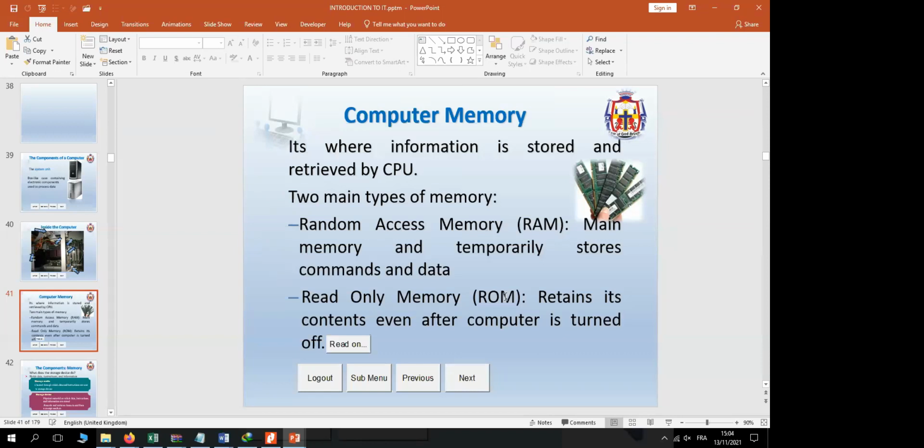You can't add anything onto that CD. So any memory to which you can't add any content, whereby you can only use the content, only read, only open, that's what we call